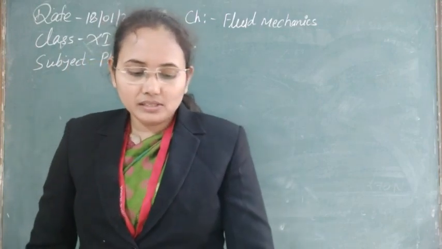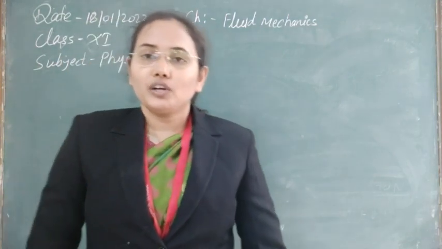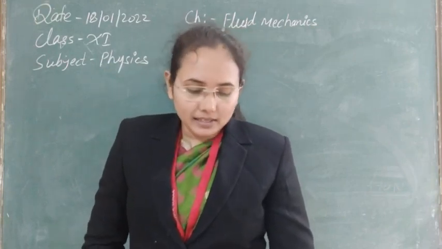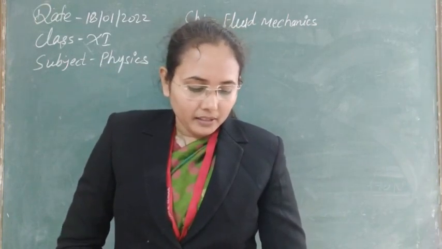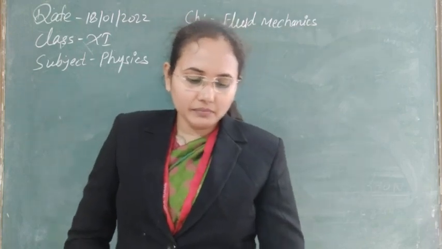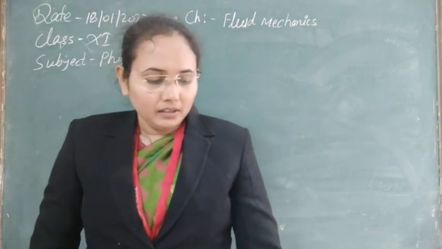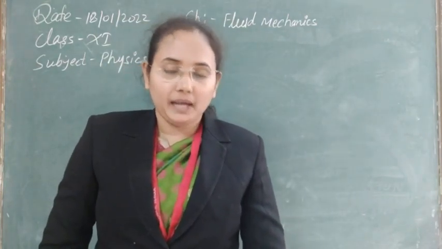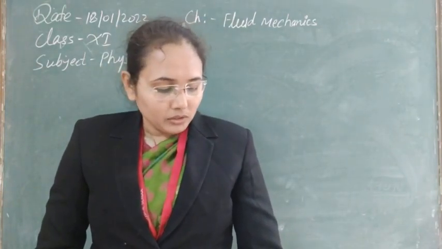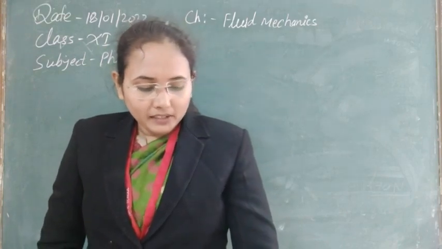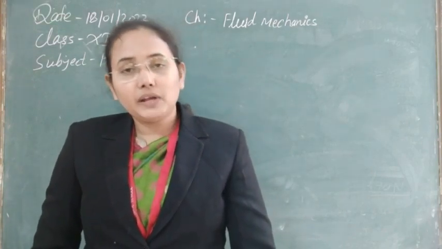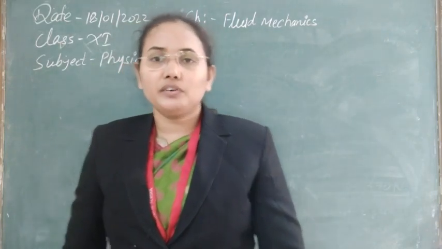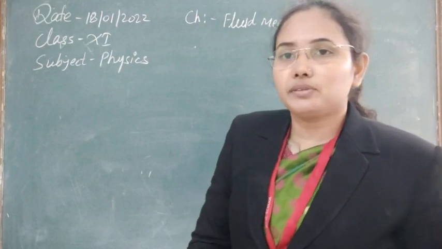We have taken two syringes that have different cross section. One of the syringes will act as the smaller piston, and one will act as the larger piston. Here we have filled it with water, and with a tightly fitted rubber tube that is filled with water, we are applying some force now. The first question: find the force on the larger piston when a force of 10 Newton is applied to the smaller piston. So let's solve the first question first. After that, we will see the second question.